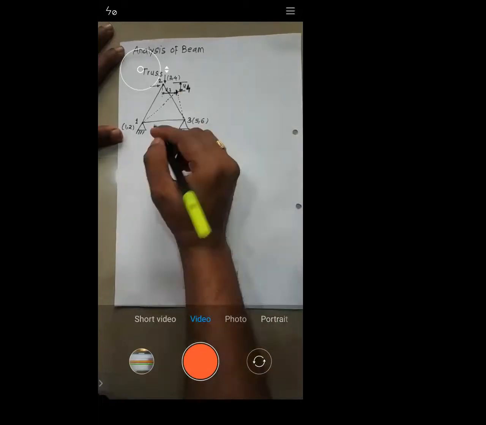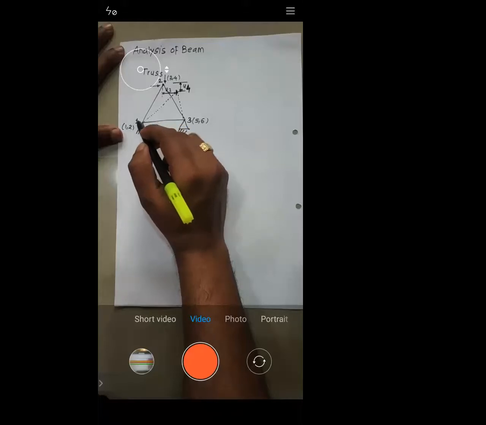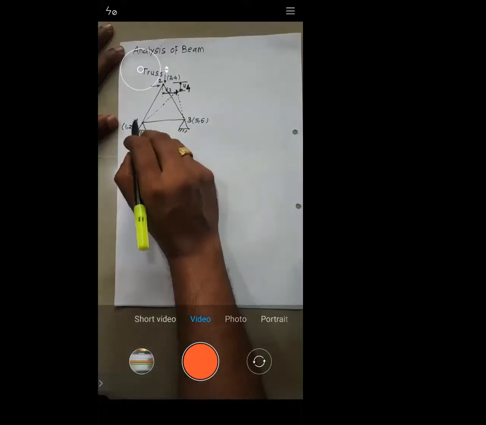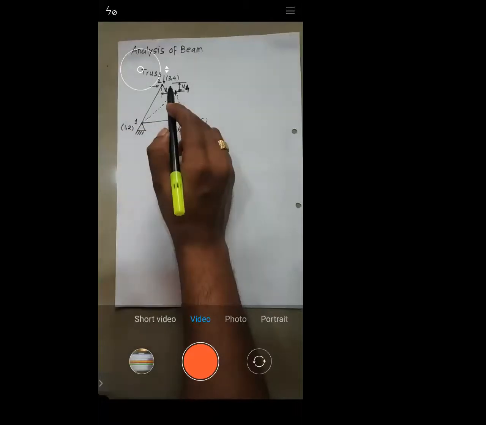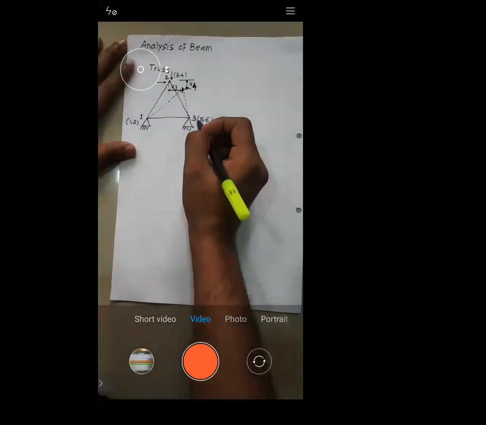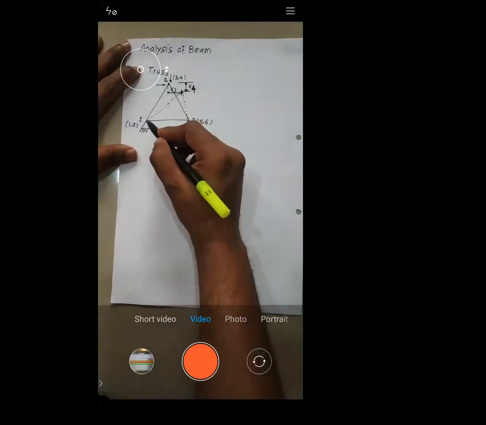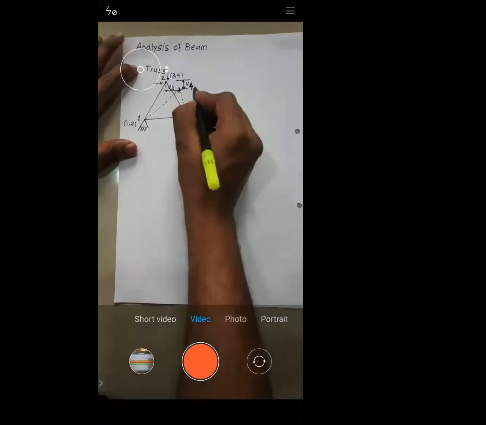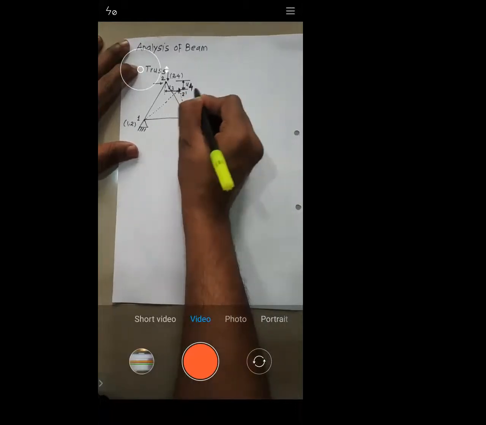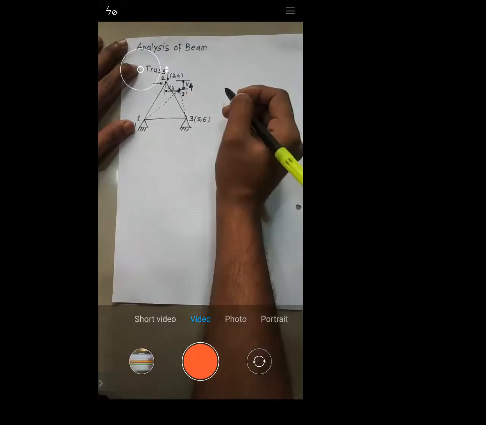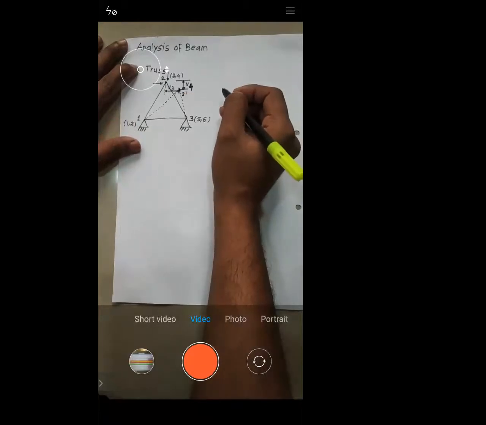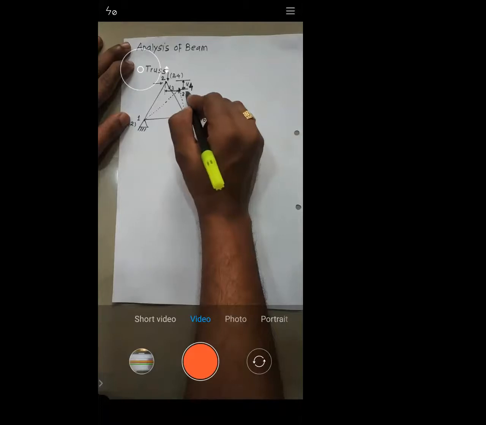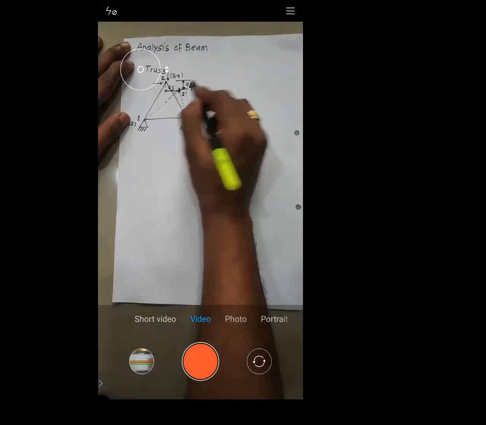You have basically this truss which has 3 nodes, node number 1, node number 2, and node 3. Each node will have 2 degrees of freedom. Here it is 1, 2, here it is 3, 4, here it is 5, 6. So when you apply the load, what will happen? The truss is going to deform like this. So this node 2 will occupy this new position. Let me call this 2 dash. So this is the new position of node 2. Node 2, which was initially here, got displaced here, and the new position is 2 dash.